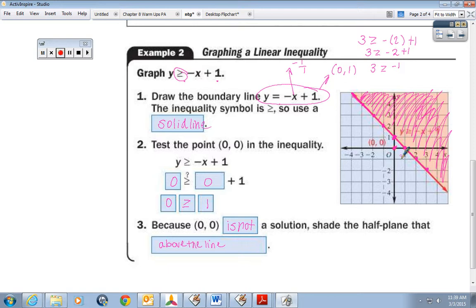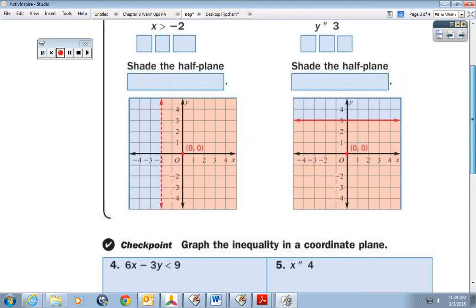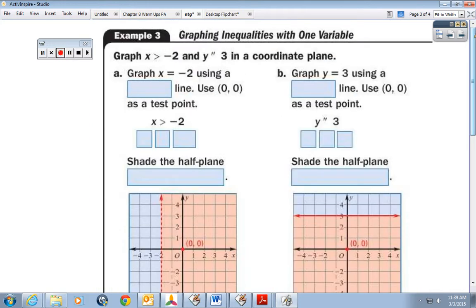It depends on the graph. Okay, so the next page is what happens when it's just one variable. Well, we graph it just like we would if it was an equal sign. So this is x is greater than -2, and this is supposed to be less than or equal to. So we're going to graph it just like it was x equals 2, using what kind of line? Is it going to be solid